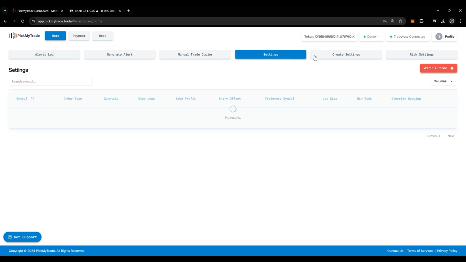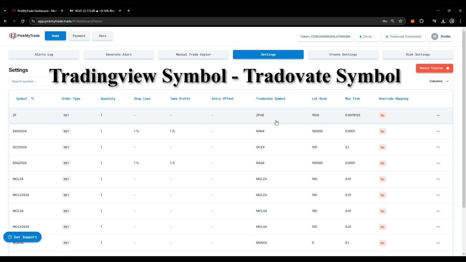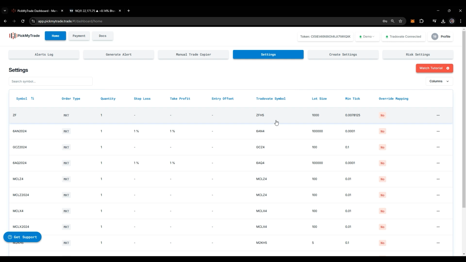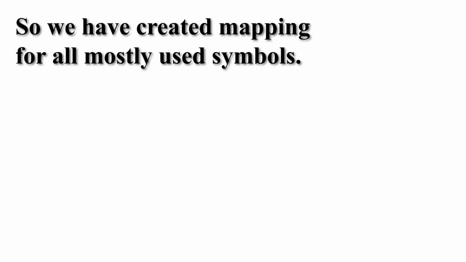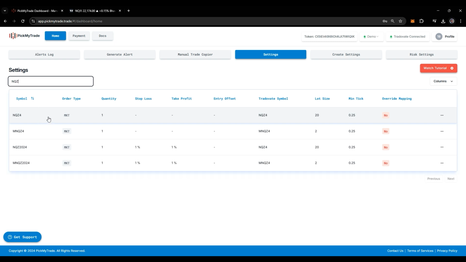Now let's understand this settings section. So here we have created a standard mapping, from TradingView symbol to Tradovate symbol. So, we have created a mapping for all mostly used symbols. If you do not find it there, so you can search it from here. So if I want to search for NQZ4, and if it is present here, so I don't have to create